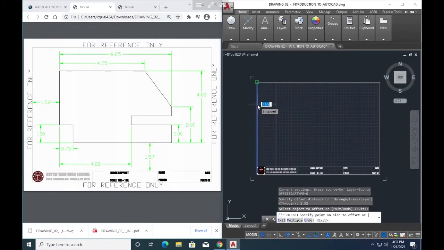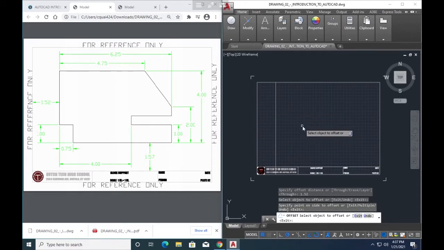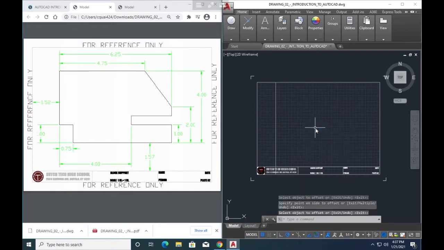And now it's going to ask me, which direction do you want it to go? Do you want it to go to the left of the original object, or do you want it to go to the right of the original object? We're going to pick right. Now, to get out of the command, I'm going to right click. I'm going to hit Enter. The other way that you can get out of the command is by hitting the Escape key on your keyboard